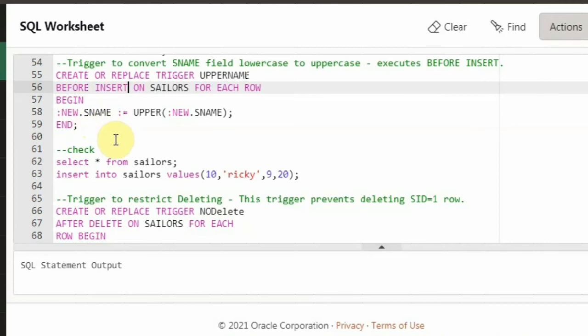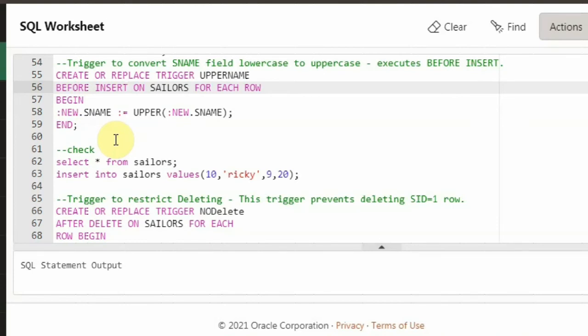For example, if you are trying to update, you will be having an old value and a new value, right? Say for example, I want to change the age of the sailor from 20 to 25. It is wrongly entered, so you just wanted to update the age from 20 to 25, for the sailor 22.